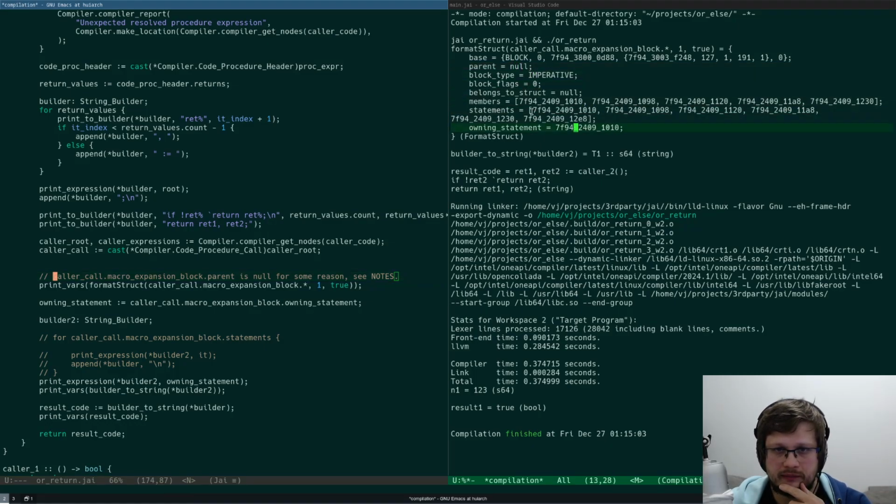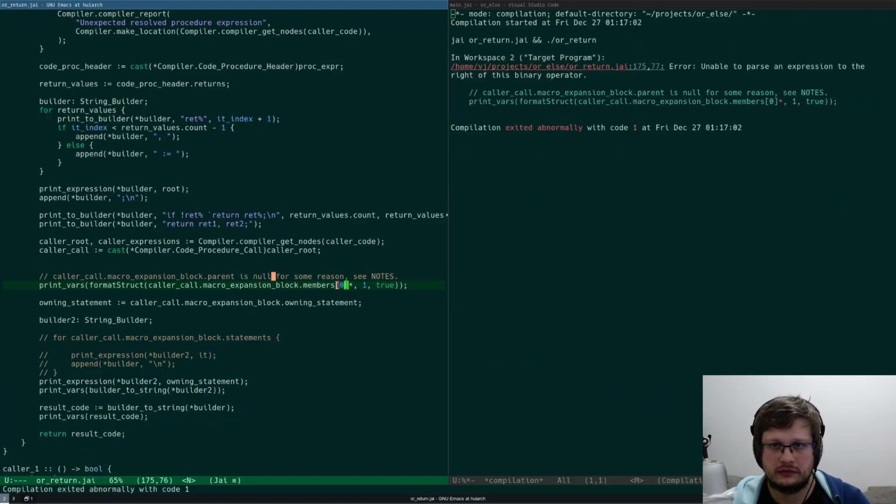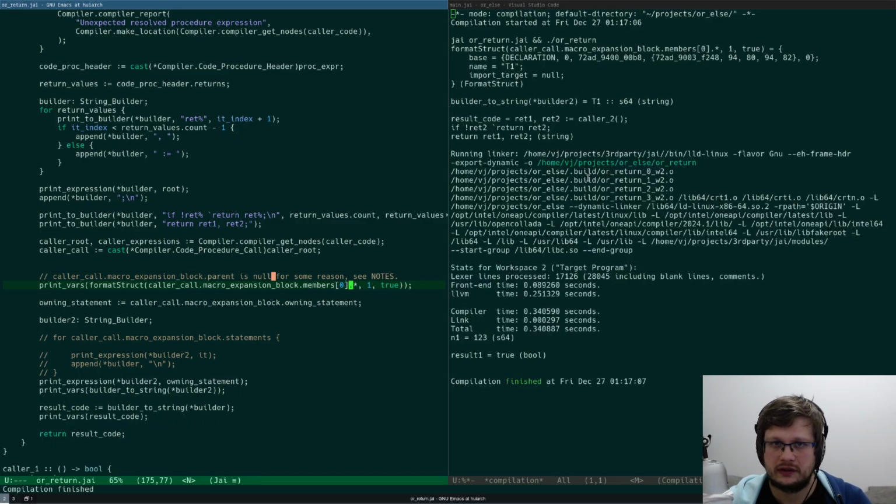Belongs to struct members. I wanted to see if member has something interesting. Members 0. It's a declaration. Okay, it doesn't have an import target, but all right, I see.